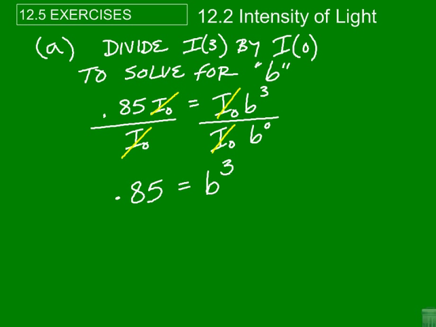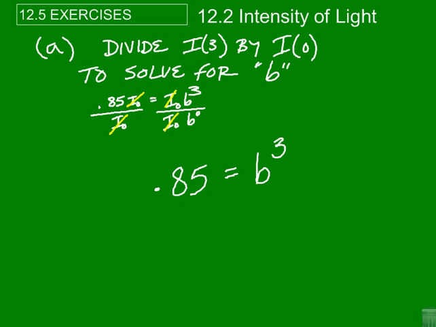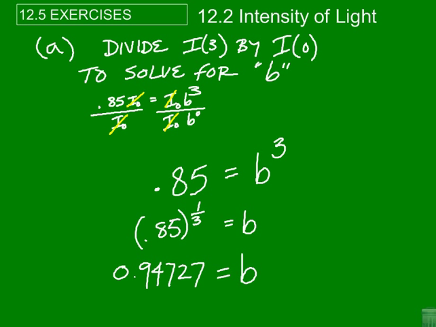Well, to solve for this one, I just take the cube root, or the third root, of both sides, and I end up with 0.85 to the 1/3 power equals b. Now that's just a number, and if I wanted to solve and put that in as a decimal, then I would get that decimal right there,